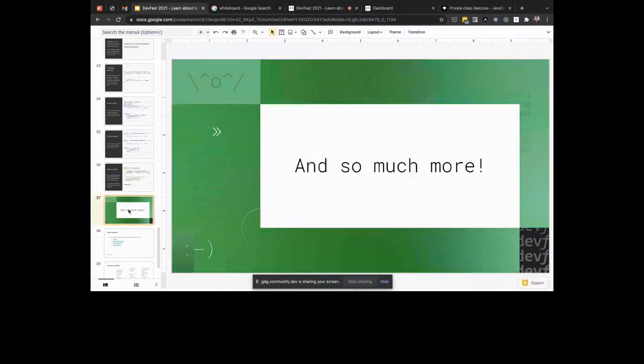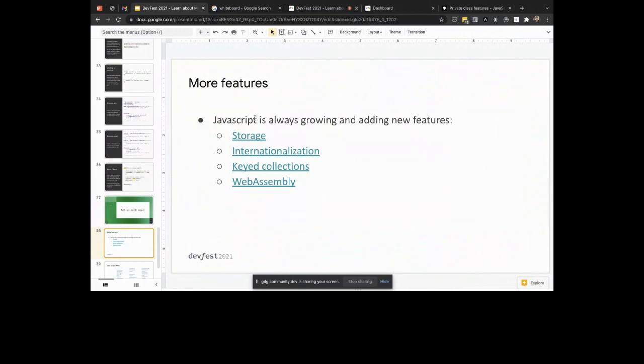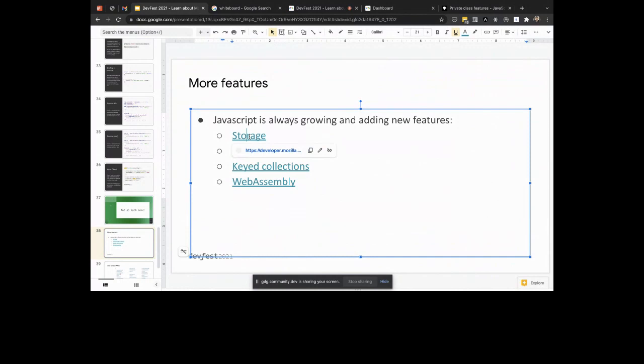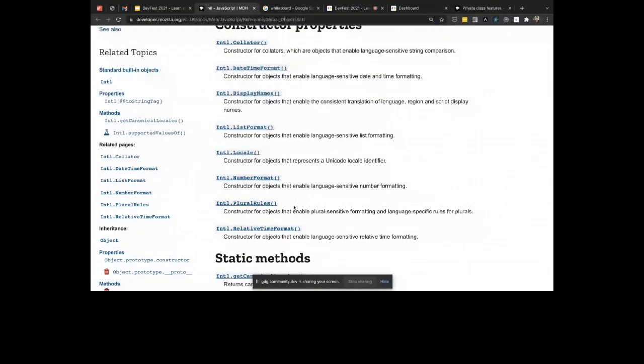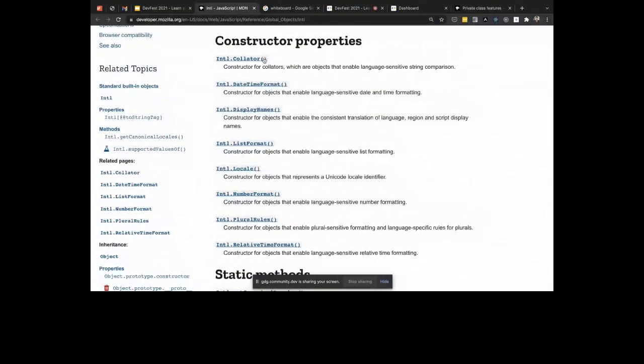So that's modern JavaScript, and there's actually a lot more to it. I listed a few more things that are now available in JavaScript. Storage, for instance, so you can use local storage, session storage to store data in the browser and decide how long it's going to stay there, the duration of the user session, or forever, basically. There are new tools for internationalization in JavaScript. So functions that help translate different date formats, getting the locale of the browser, setting the plural rules to pluralize strings, number formats, all of these sort of things are getting natively added to JavaScript little by little